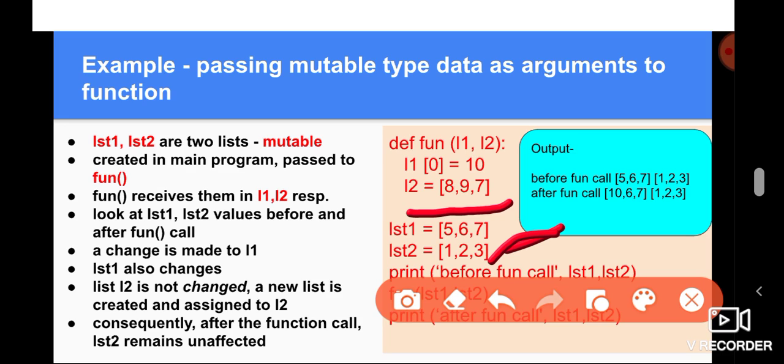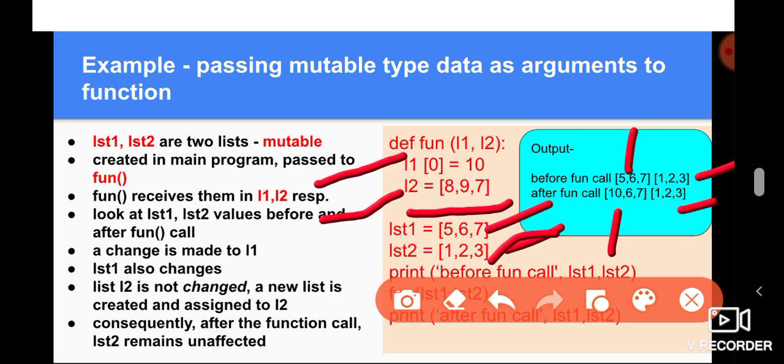Okay, so remember, when a list is passed as an argument, if changes are made inside the list, then the changes are going to be seen in the actual list which was passed as argument. But if the argument is just reassigned another new list, then it is not going to affect the list passed as argument. Okay, so this explains why LST1 was changed from 5 to 10 and 567 to 1067, and why LST2 was not changed at all.